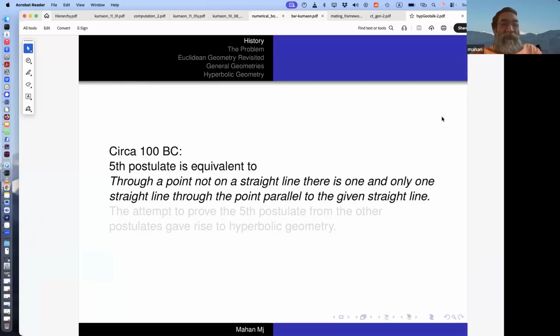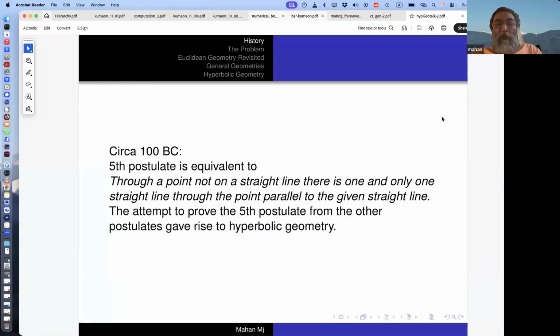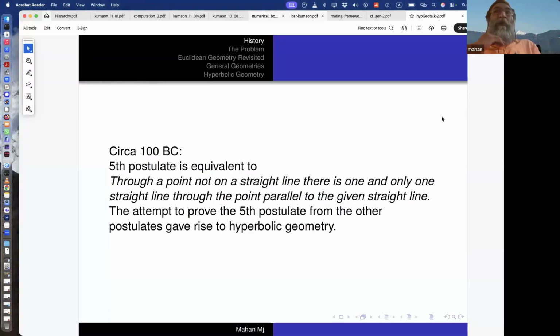And Euclid posed this question: can you prove somehow or the other, this is really talking about a property of parallel lines. It's not really defining players in the game. The first four axioms were introducing players in the game. The fifth is declaring a property of parallel lines. And so its status is different. It's a property which is being introduced in a somewhat ad hoc way. And the problem that was posed is, does this property follow from the notions of the players in the game?